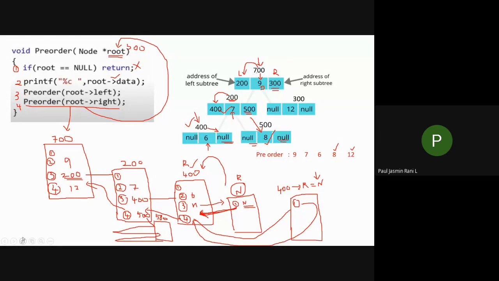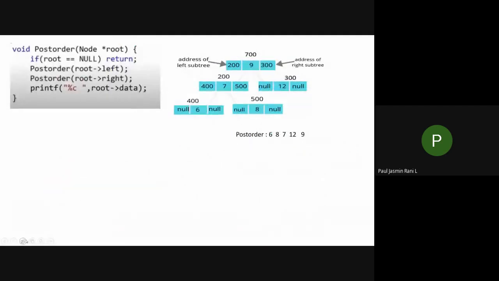Is okay? Okay, ma'am. Okay. What about others? Okay, now can you follow how this recursion function works? Whenever you get any recursion function, it enters into other new function calls. Okay. Let's see the next one, post order traversal.